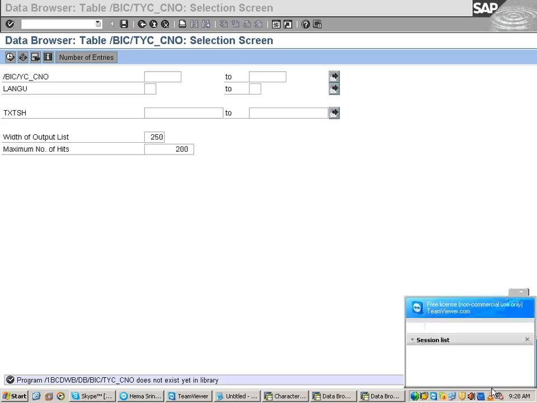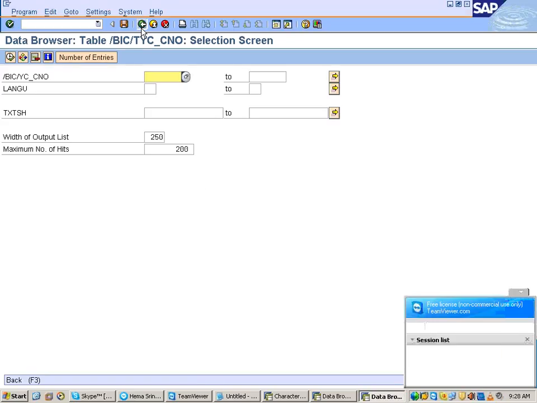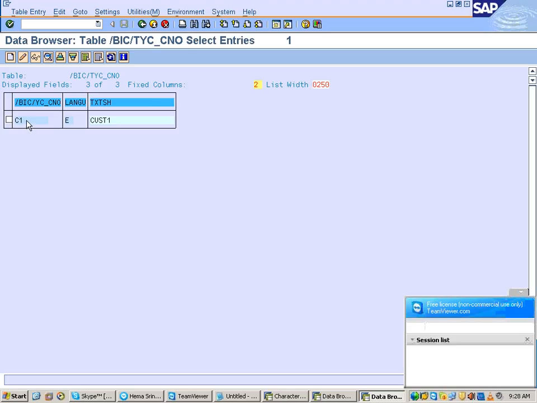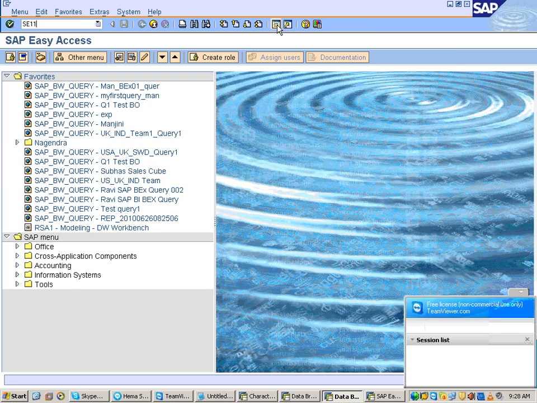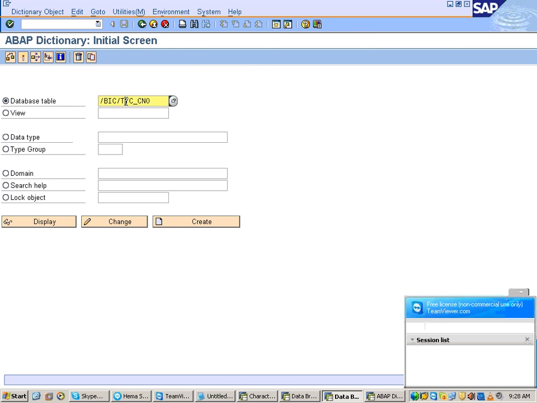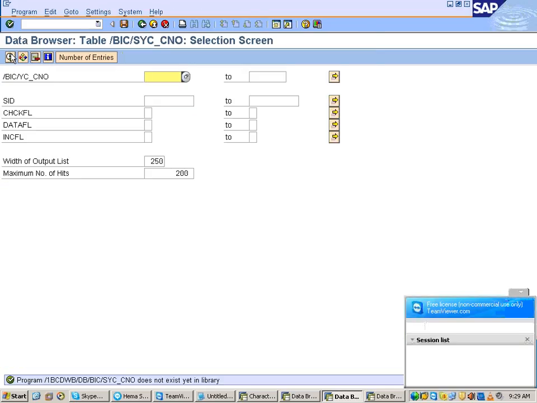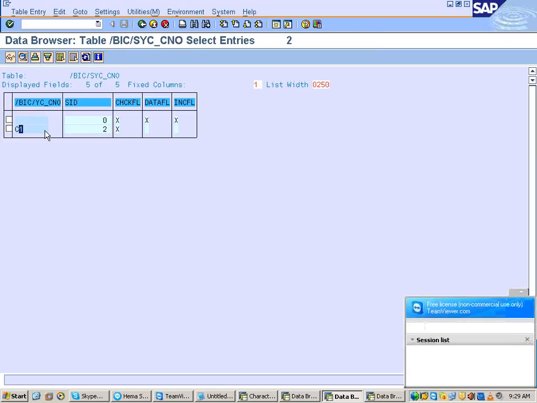Display contents. Execute. Now C1, in English language, what is the description? Customer 1. And look at your SID table. Display contents. So as and when I load master data,